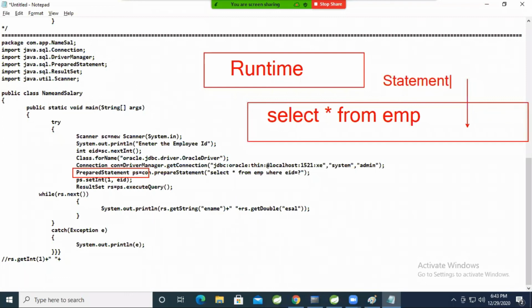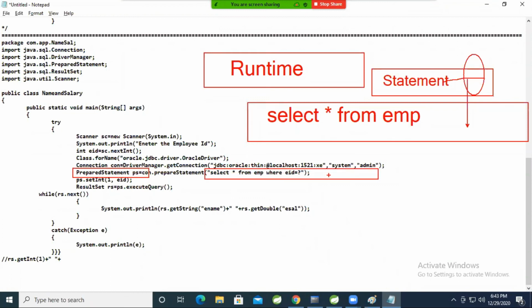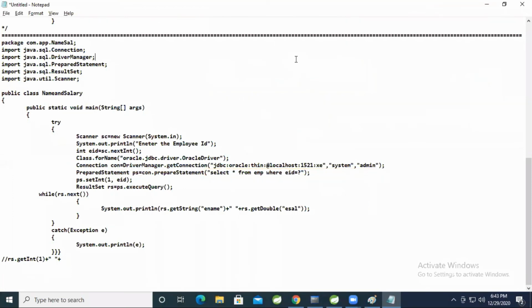Not there. So use which object? Create statement, the normal statement reference. And in this example, select star from EMP where EID is equal to, whenever you want to pass any parameters, prepared statement. Stored procedures you have to use callable statement.